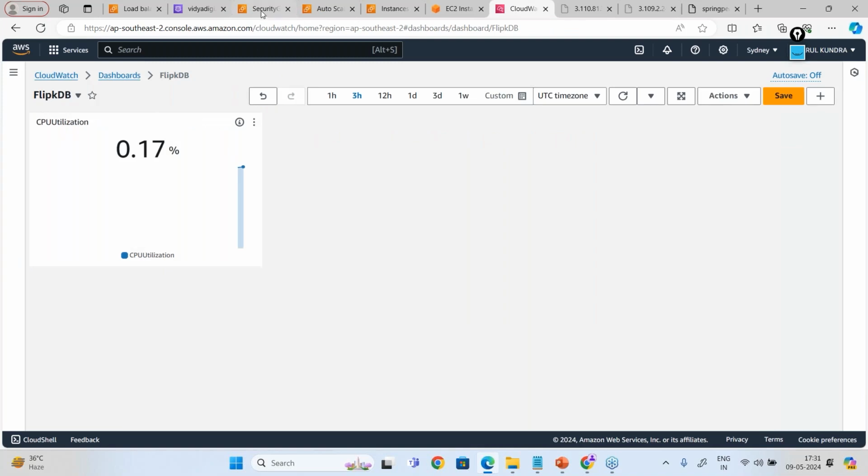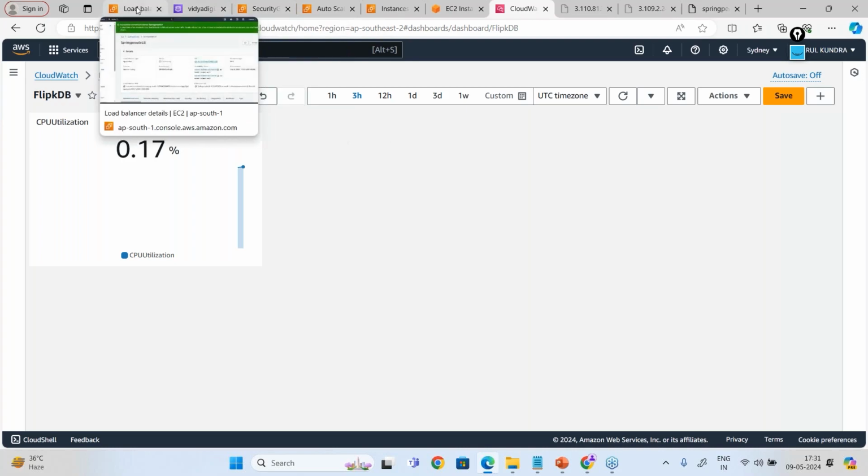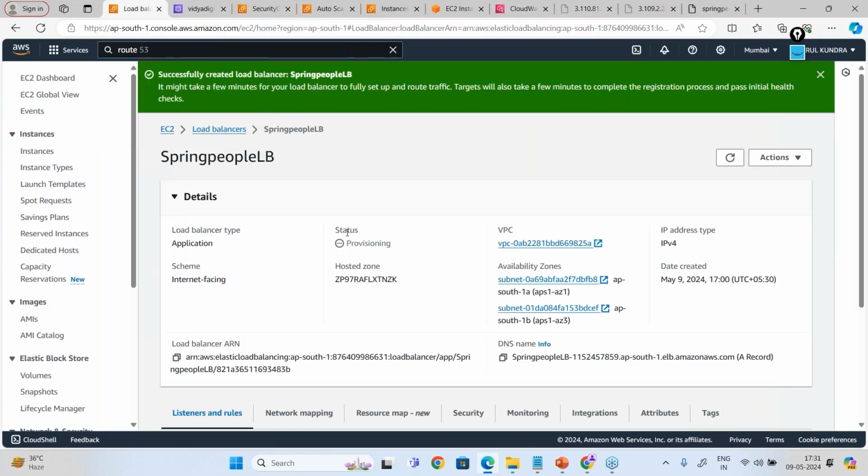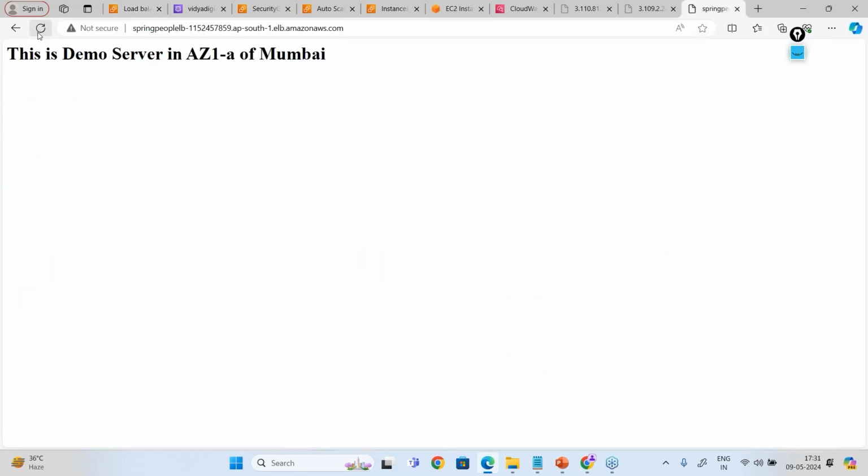Meanwhile, I'm asking one question. Parul, you have created one load balancer, and with this load balancer you were accessing a server. Yes, with this load balancer link, I'm accessing a server. Absolutely correct, so it is distributing the load. But Parul, I have one question. I'm still able to access your server with this IP also. It should not be the case. Everybody, try to understand.